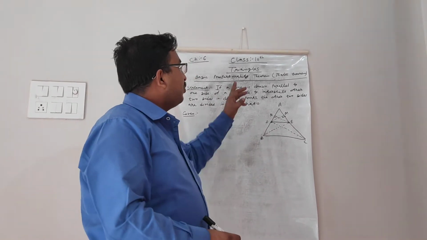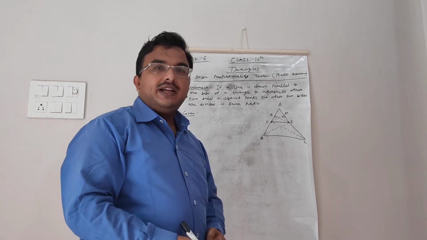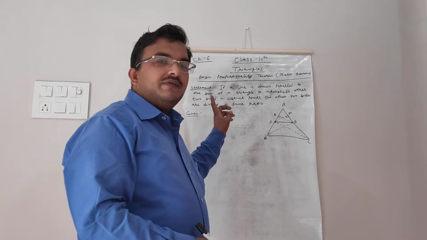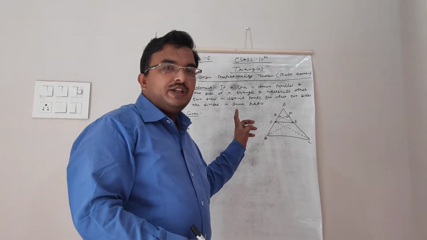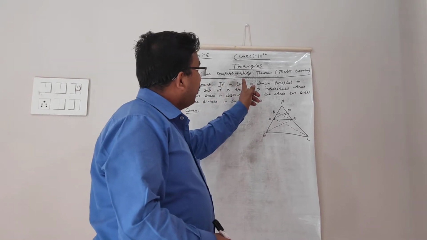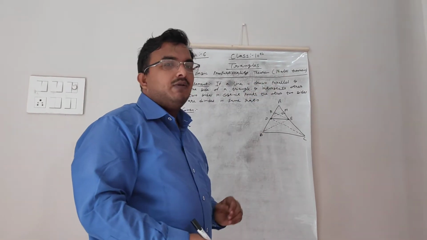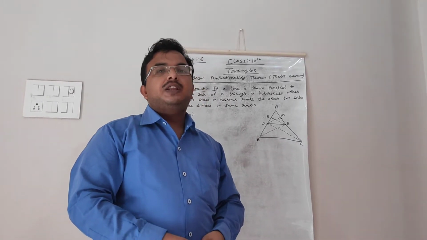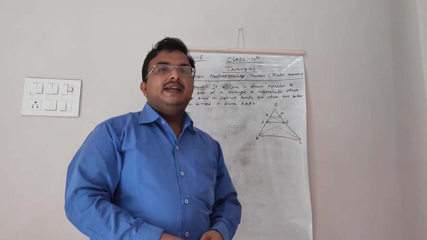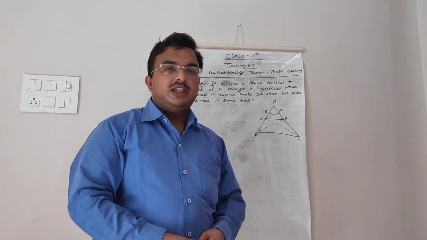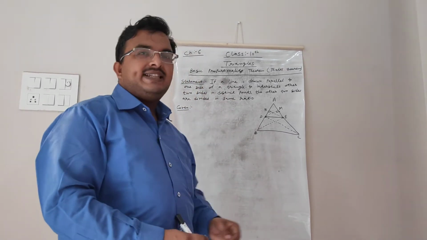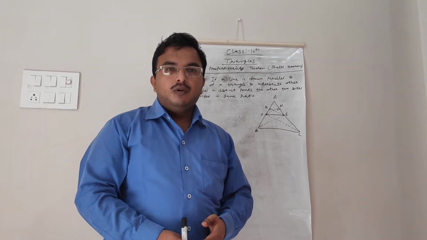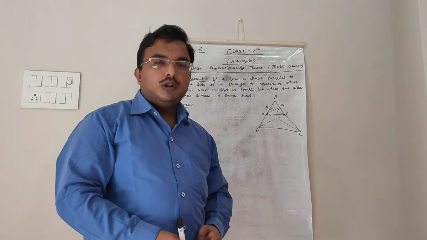So, on the basis of similarity of triangles, there is a very important theorem in chapter 6, that is the basic proportionality theorem, which is also known as Thales theorem. Why is it known as Thales theorem? Because it was derived by the mathematician Thales. This is a very important theorem from the examination point of view. What type of question comes in examination? State and prove Thales theorem, or state and prove basic proportionality theorem, or sometimes they will give this statement. We don't know which type of question will come in examination, so we have to learn this statement also.